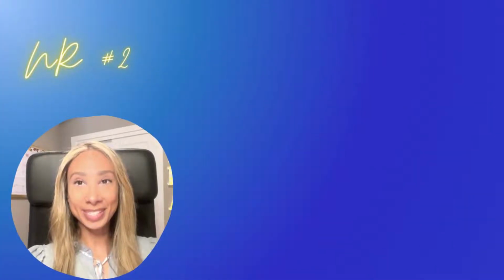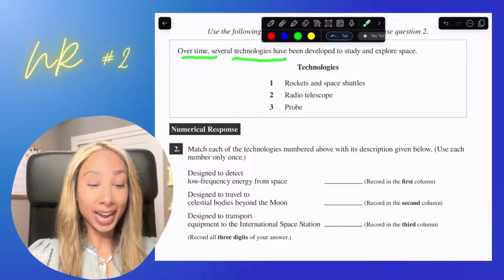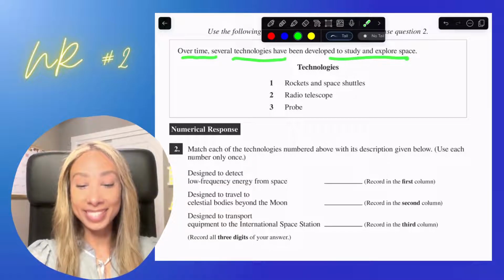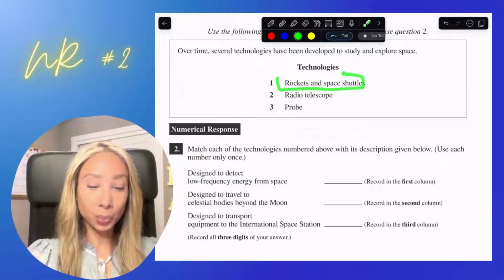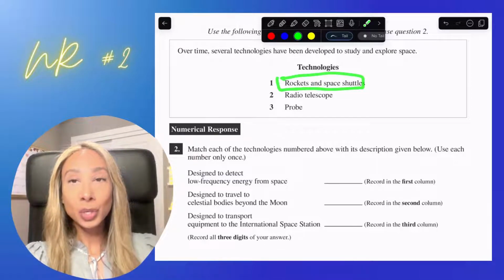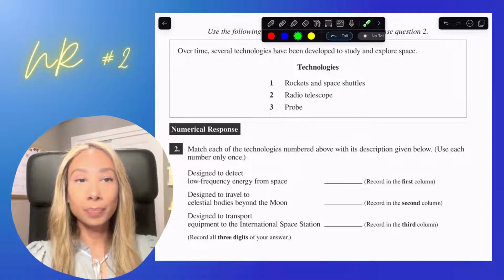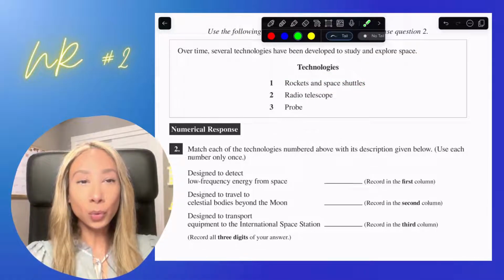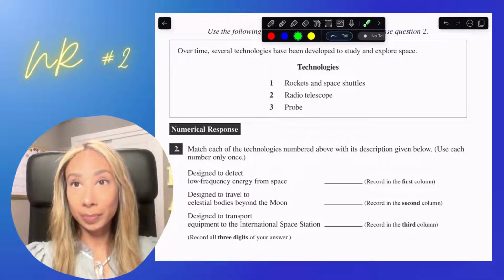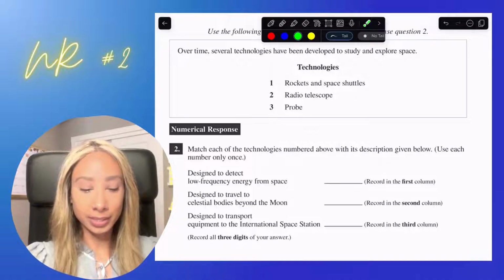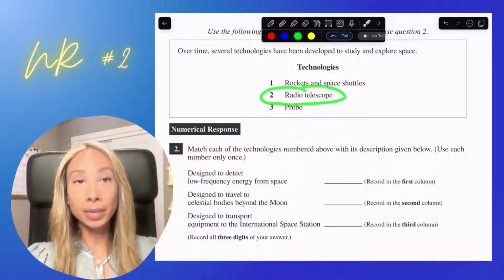Okay, numerical response number 2. So with this, we've got the following information. Over time, several technologies have been developed to study and explore space. So our technologies are the following. We've got a rocket and a space shuttle. So with a rocket, we can think about sending something really quite far away if we wanted to, and then it can also give us information back about whatever it is we're trying to receive, right? With a radio telescope, it's going to give us information, but it is going to be looking